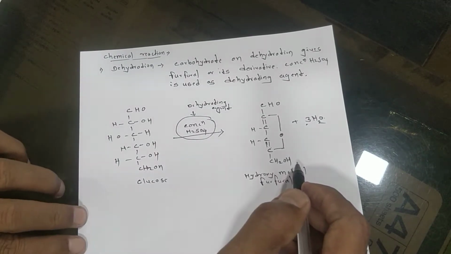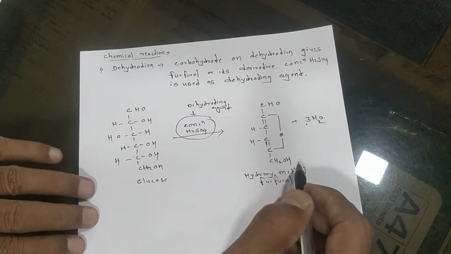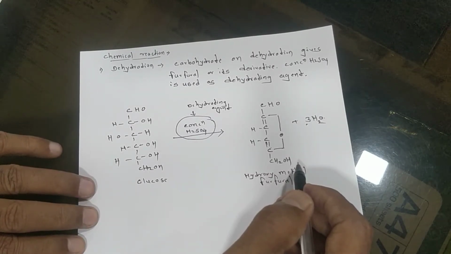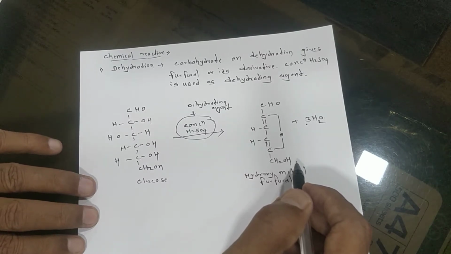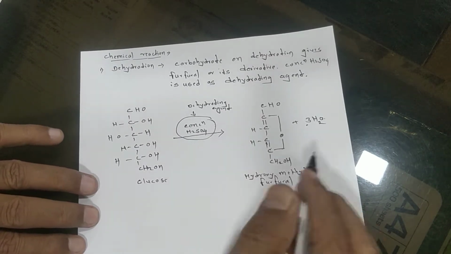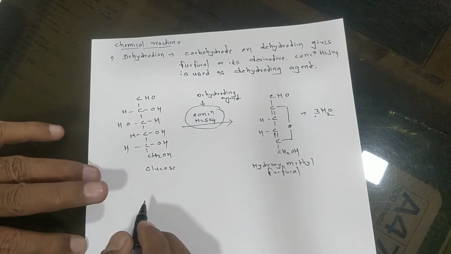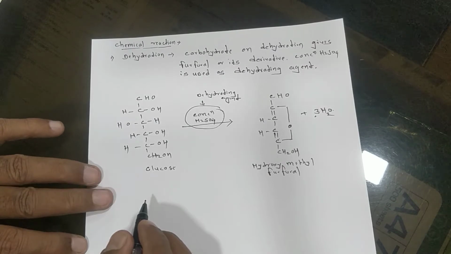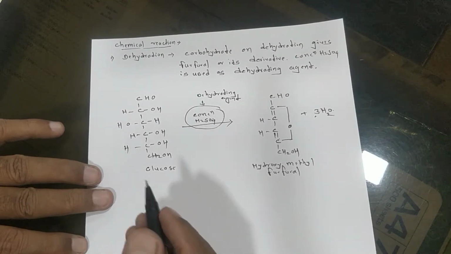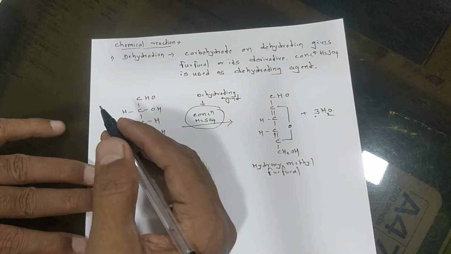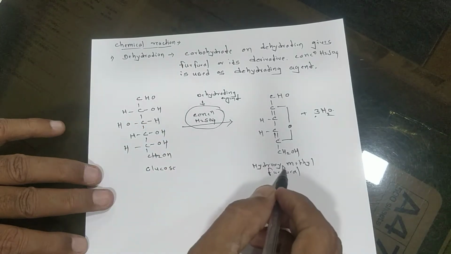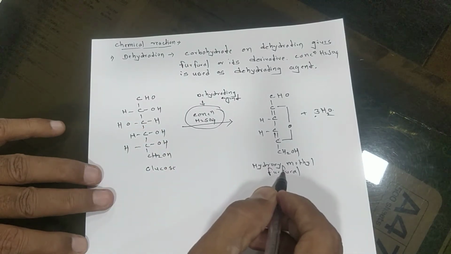Okay, the furfural derivative can be obtained by condensation with a phenolic group. The alpha naphthol solution is used. Now how is the reaction going? The original solution or glucose solution is treated with the sulfuric acid, dehydration takes place, with the elimination of 3 water molecules giving hydroxy methyl furfural or its derivatives.